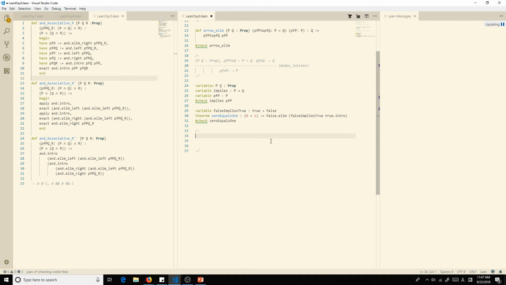Which of these following implications can we prove? Can we prove that true implies true? If true is true, then true is true, right? Our second one is true implies false.